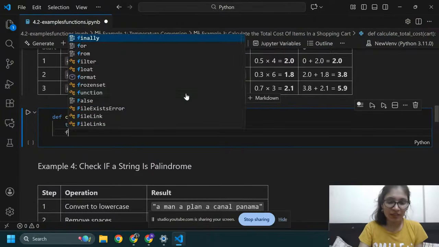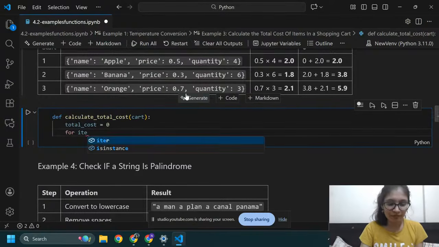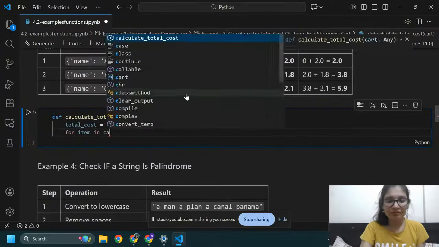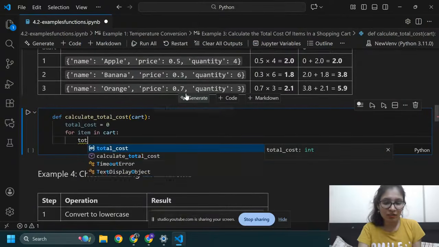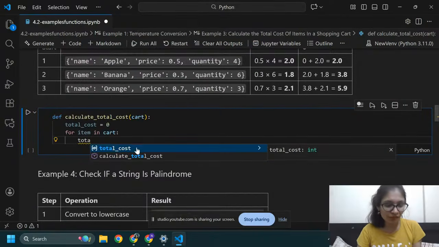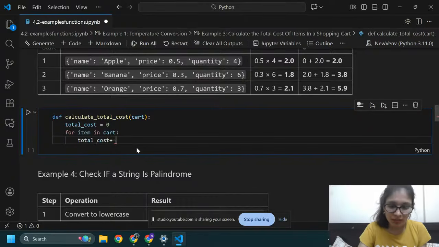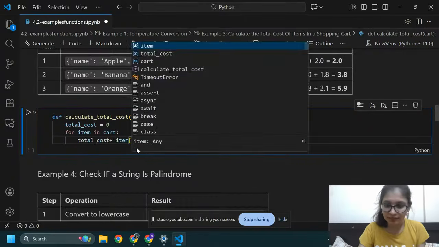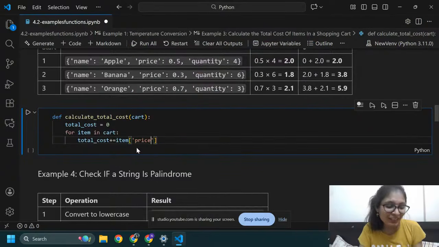Now I'm going to write a for loop here, for item in cart. For each item in the cart, I'm going to add to total cost, plus equals item of price, not item of price, sorry, price of item.